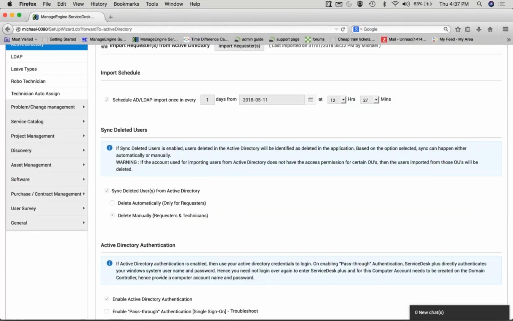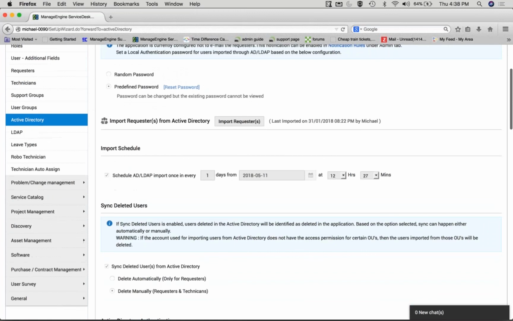So this new feature allows to delete accounts in ServiceDesk Plus once it is deleted in the Active Directory. If a requester account is deleted in Active Directory, it will automatically delete the requester account in ServiceDesk Plus. But for technicians, it will provide you suggestions so that you can manually delete them once the account is deleted in Active Directory. And also there is an option to